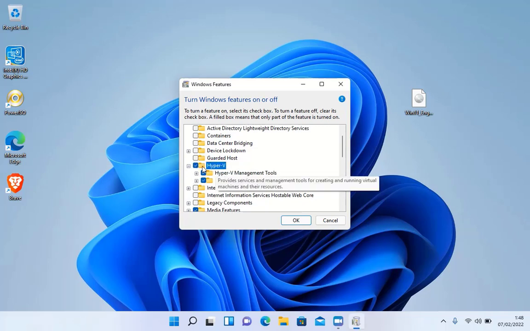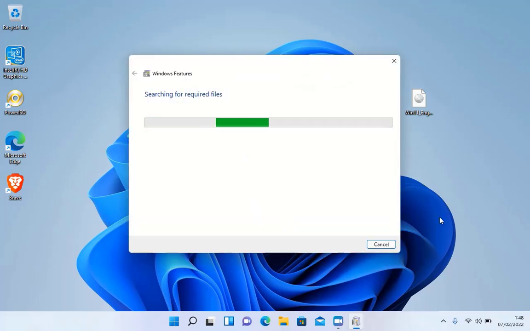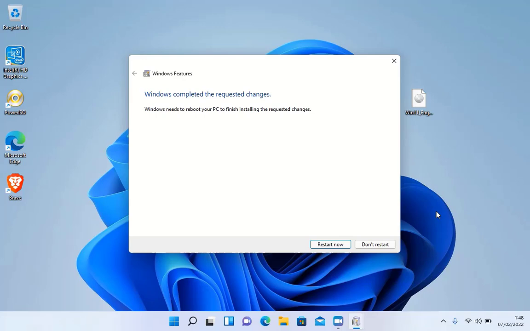Then select the Hyper-V checkbox. Now click the OK button. Now click the Restart Now button to apply the changes immediately.